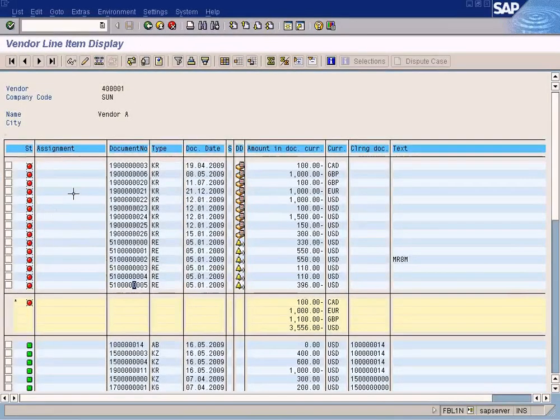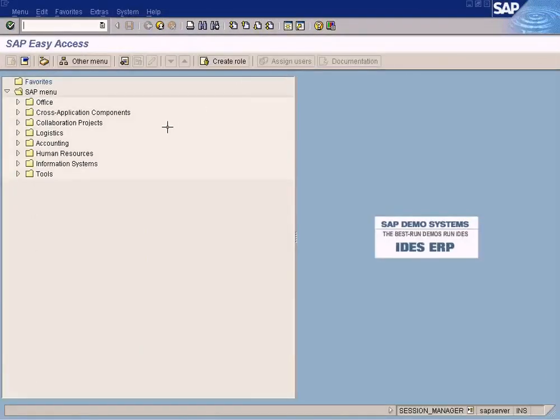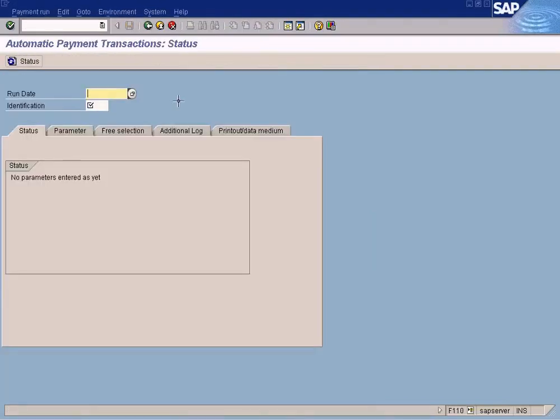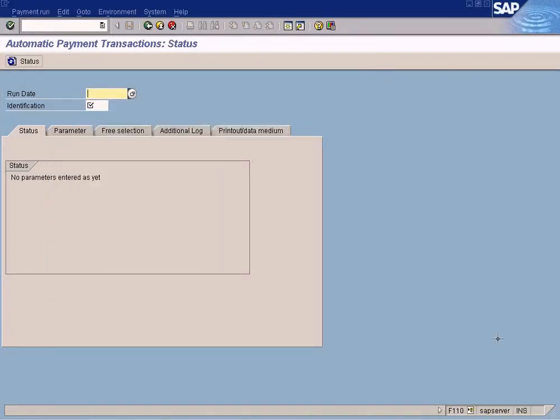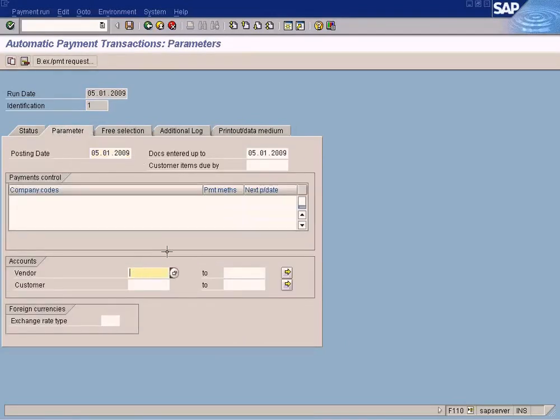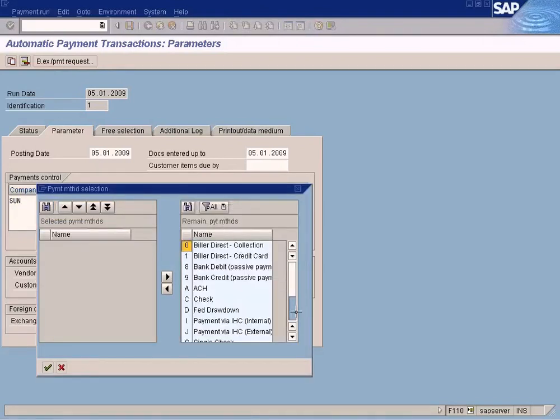Let me try to do an automatic posting with the payment block R. I don't think the system will accept automatic posting, so let me do this. Run date is today, which is 5th January 2009. Identification 1, vendor 40001. Okay, company code Sun, payment method